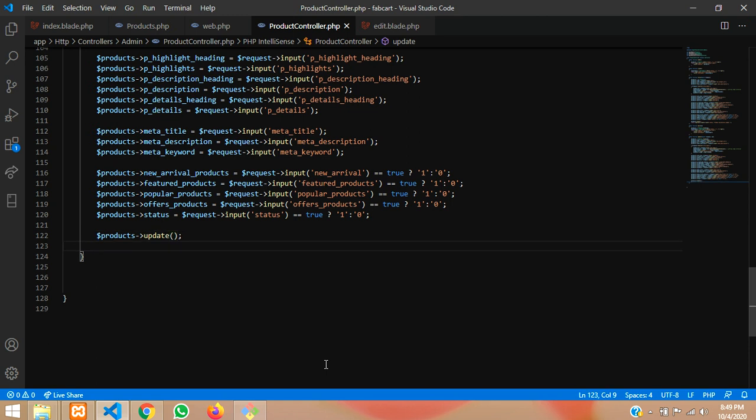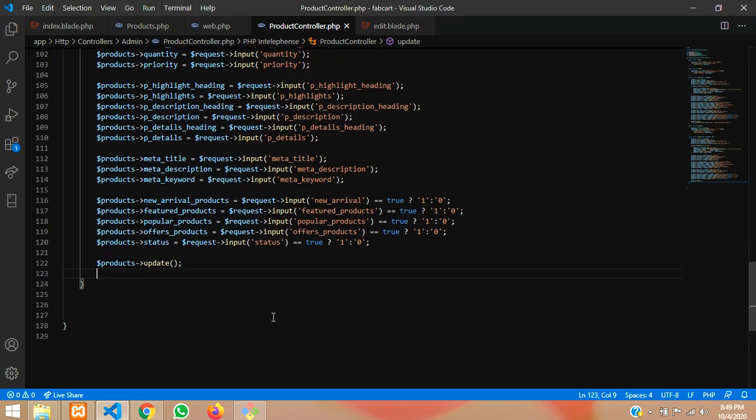Okay, so after saving, it should get redirected back. So let's return and redirect back. We have to redirect back with the same status. So with status, I'll tell this as product details updated.